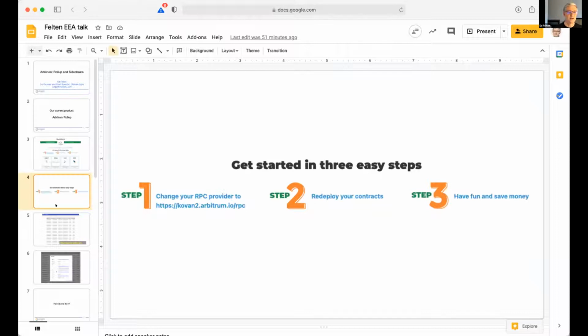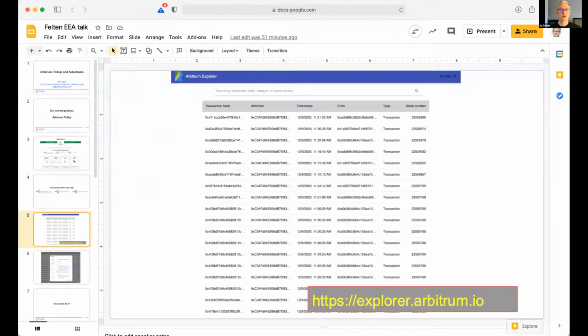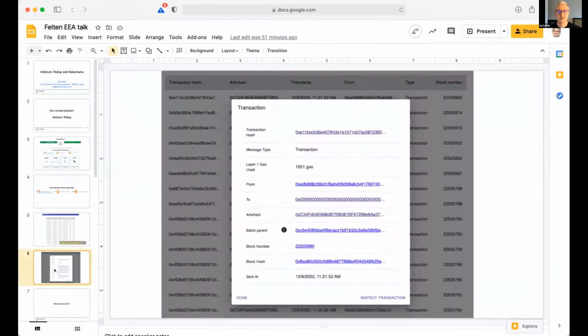And that's been a big focus. If you want to see what's happening in our testnet, you could look at the Block Explorer, which shows the L2 transactions that are happening. Here's a screenshot from about a couple hours ago. You can drill in on individual transactions. Here you see this transaction.